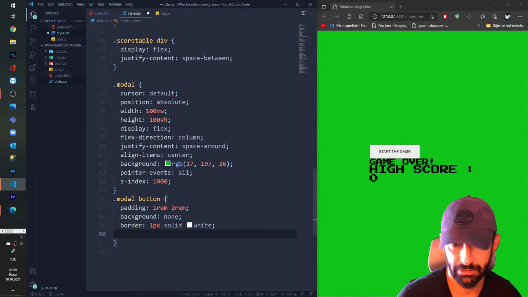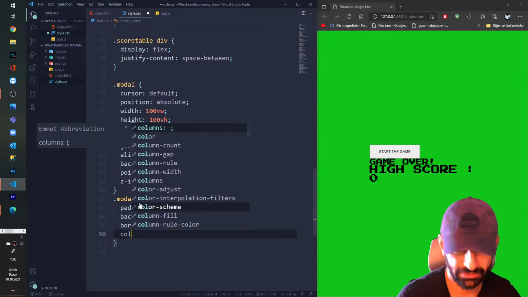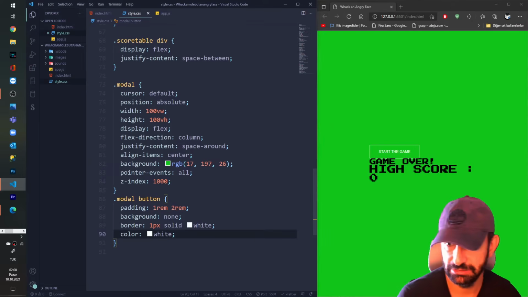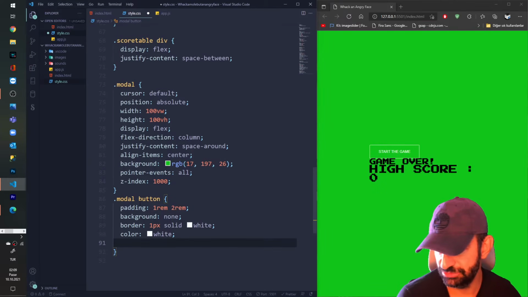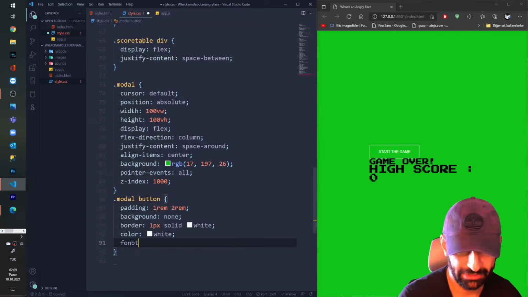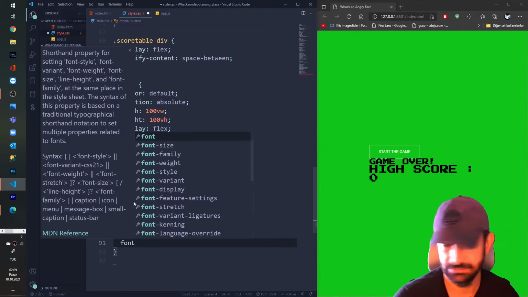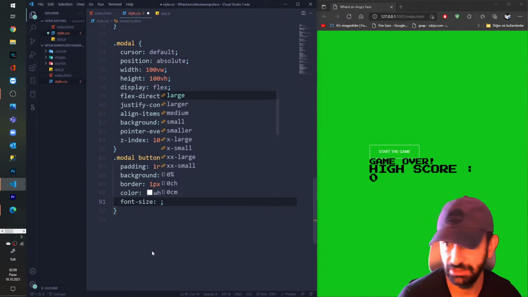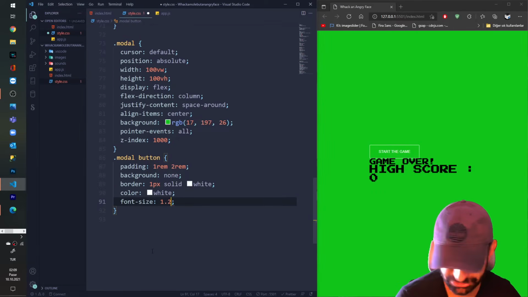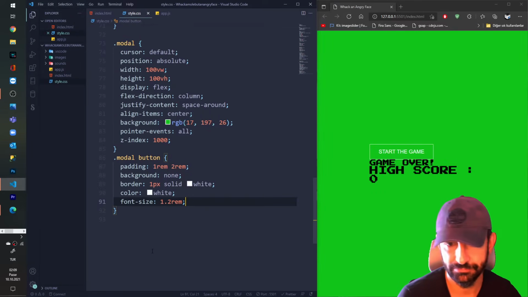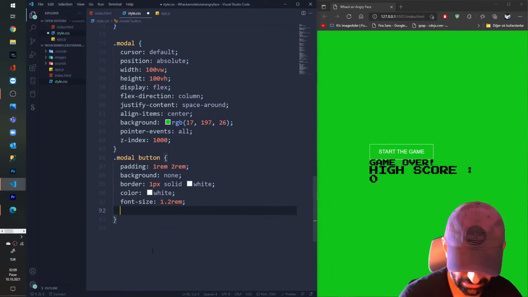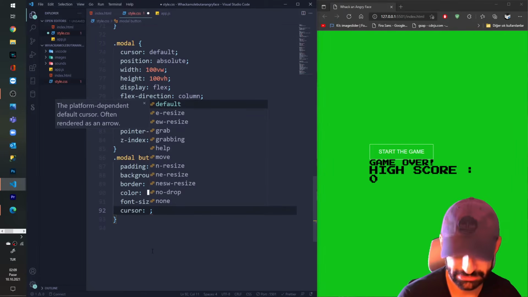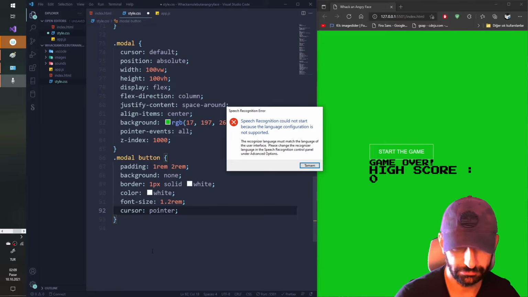Okay. And then I give the color of my text, it's gonna be obviously white. Okay, it's so ugly. I'm giving also font size of 1.2 rem. In order to be clickable, I give cursor pointer.